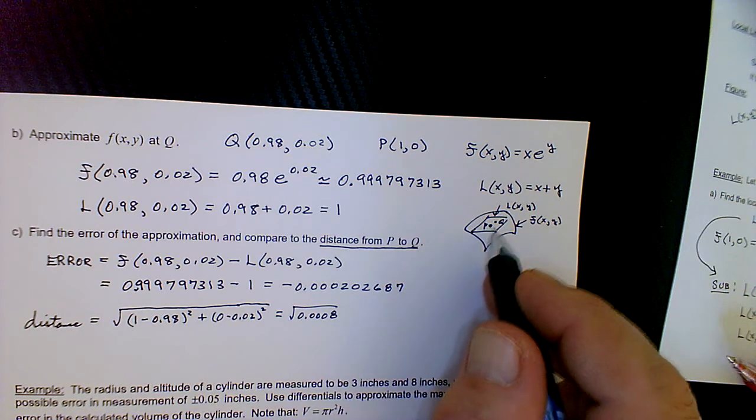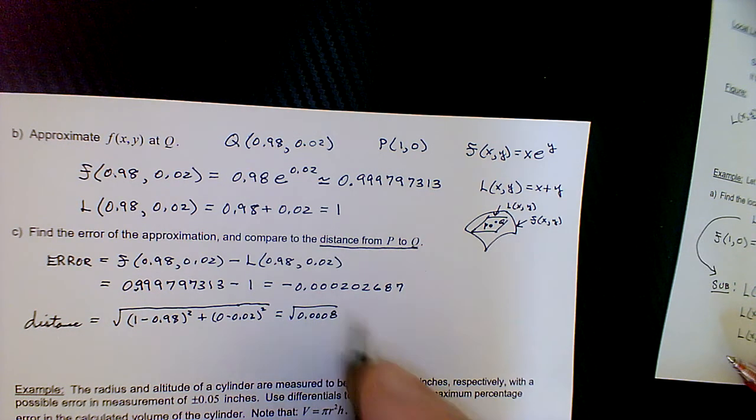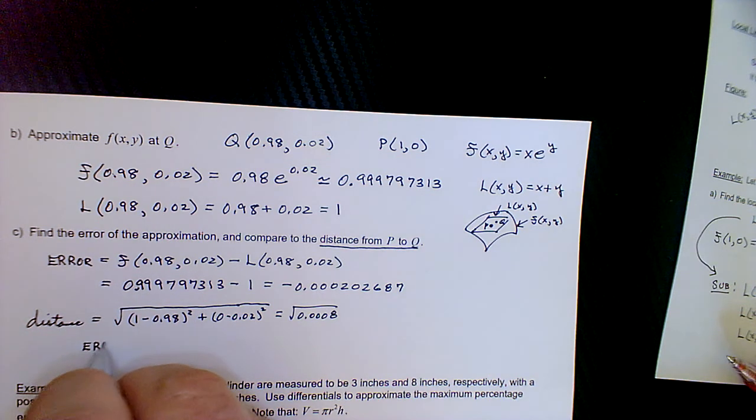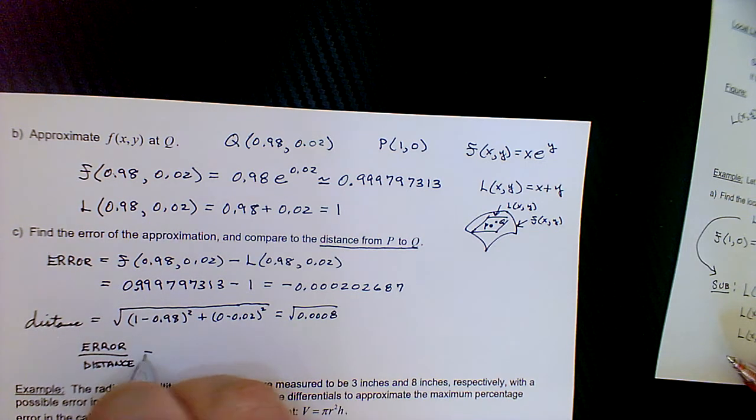And then we calculated the distance from P to Q, and now we're going to compare that distance to the error. So if we take the error over the distance,